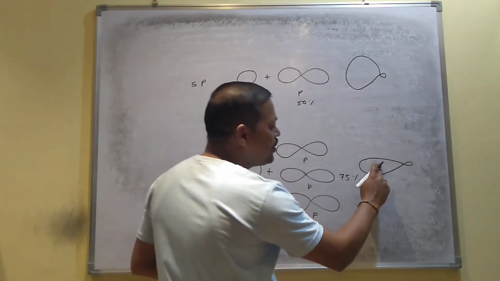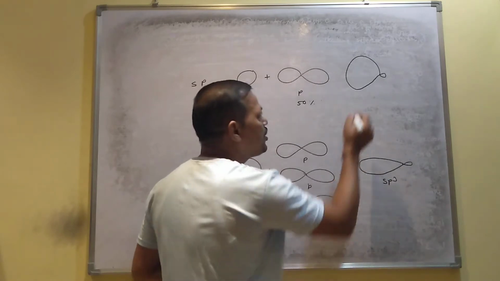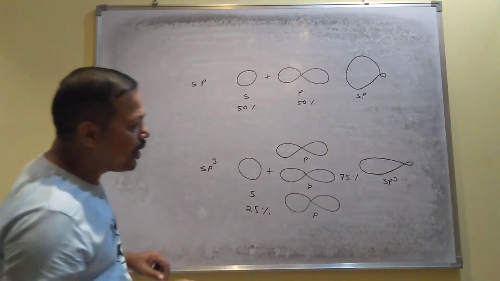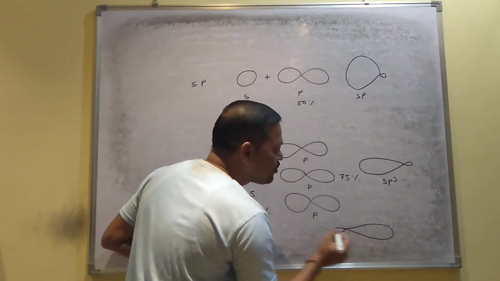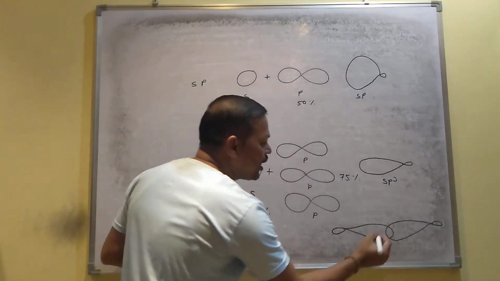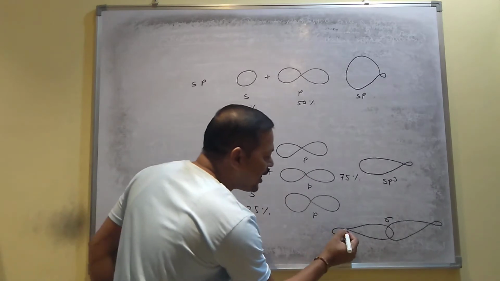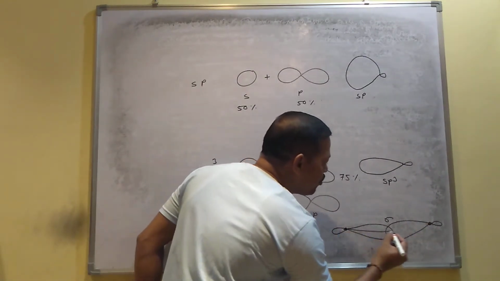See, if the sp3 shape is like this, this is your sp3 hybrid orbital and this is your sp hybrid orbital. What I want to tell you, suppose this is one sp3 and this is one sp3, they overlap like this, and here you will get a sigma bond. When you get the bond, you see the length of the bond. This is your nucleus, this is your nucleus. The length of the bond will be this much.